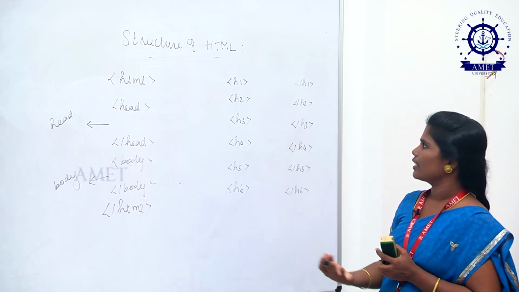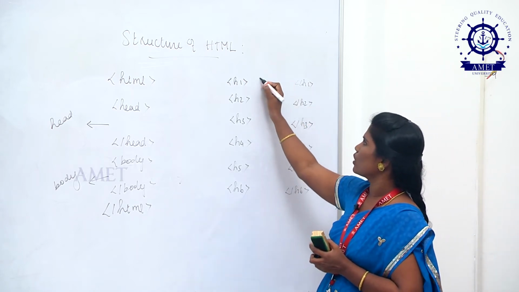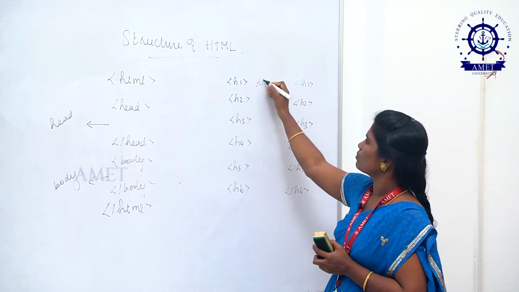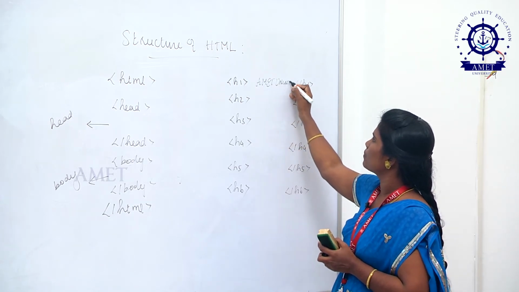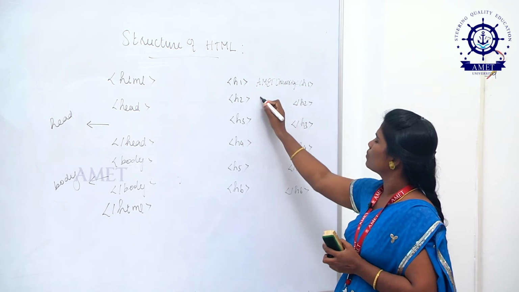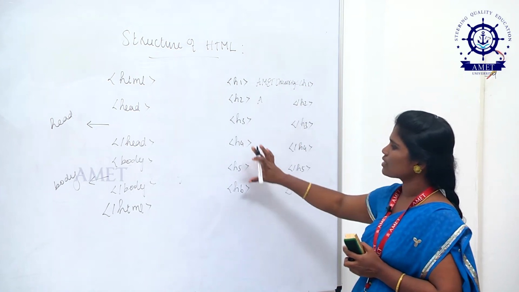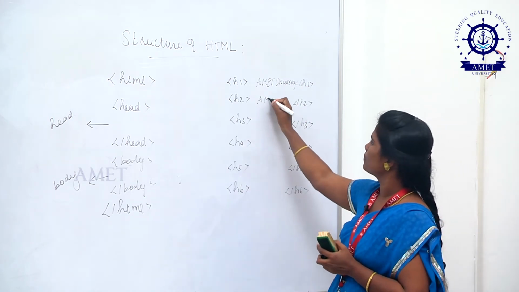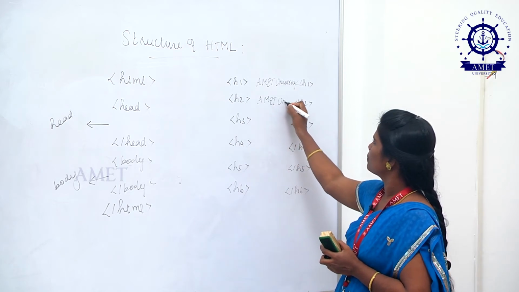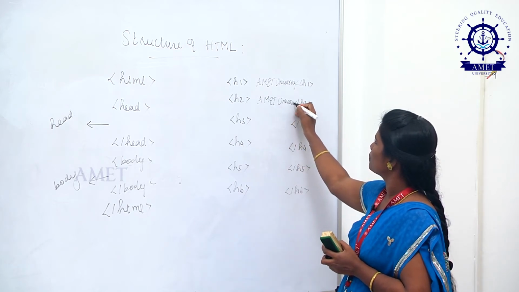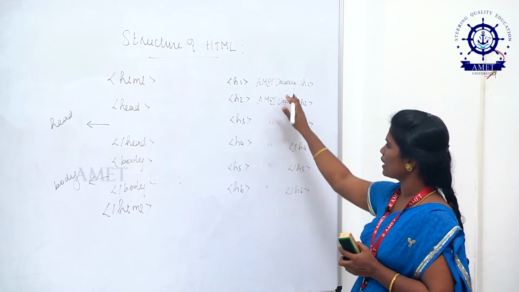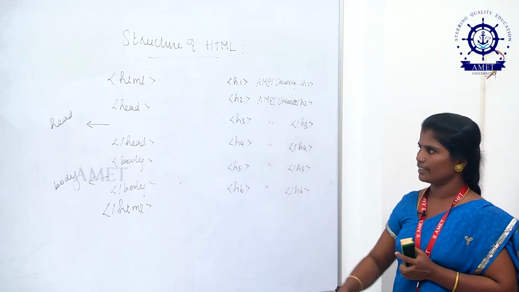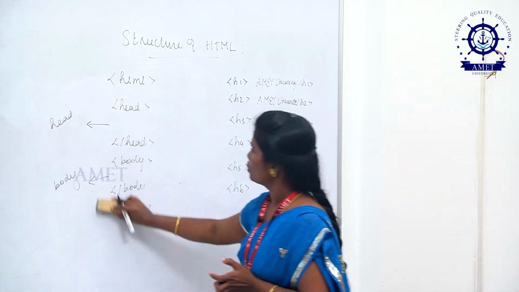Inside the heading tag, you can give whatever you want. I am just giving the name Amet University. This should come inside the body section. So I am giving the same text in all the heading tags, 6 levels of heading tags. So the output,